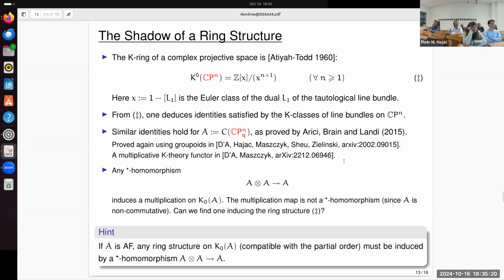Because I was not showing how you get the multiplication, but it's not just this map. This map gives you a map from K0 of A tensor A to K0 of A. Now, multiplication is, of course, twisted by this factorization data. Yeah, and this is associative multiplication. But the Künneth formula works with the standard one. Yeah. But if this is invertible,